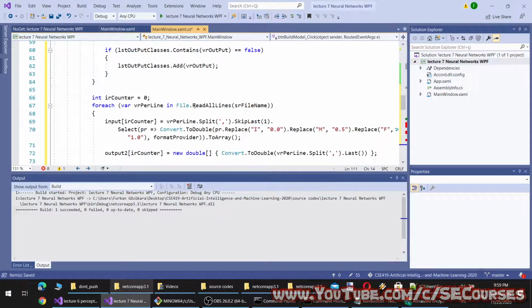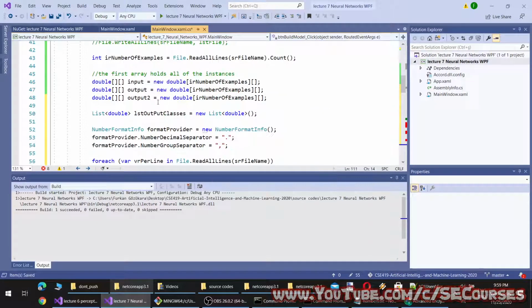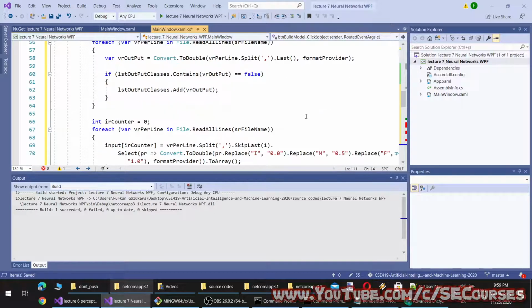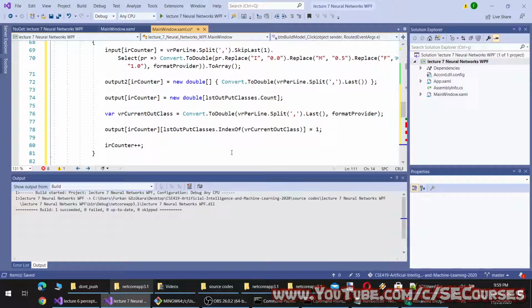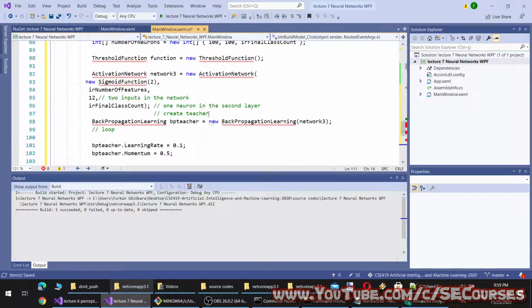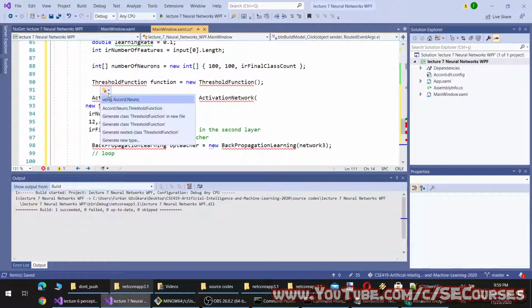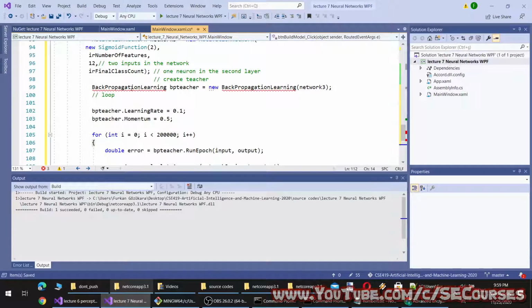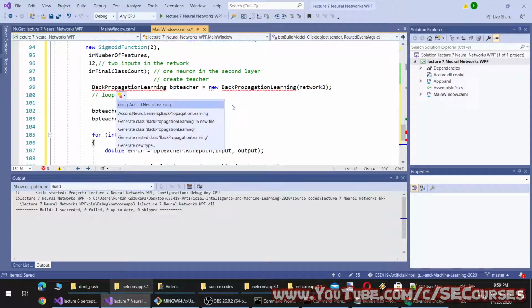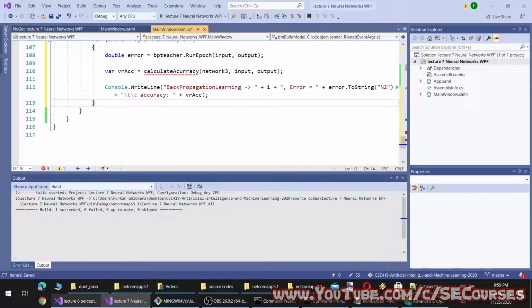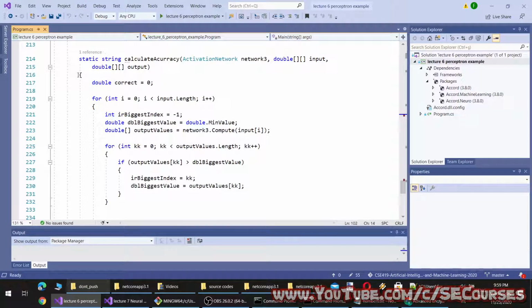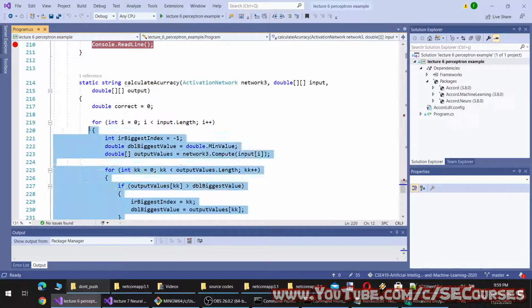Okay, so there were two outputs we were testing, and the correct output was, let's add the libraries first. And we had a method here, calculate accuracy.